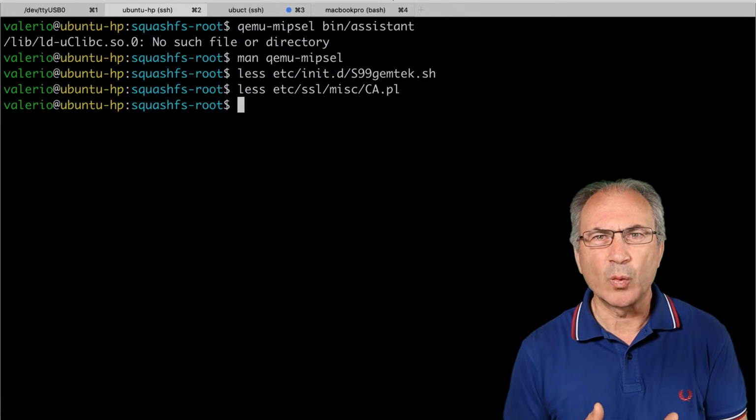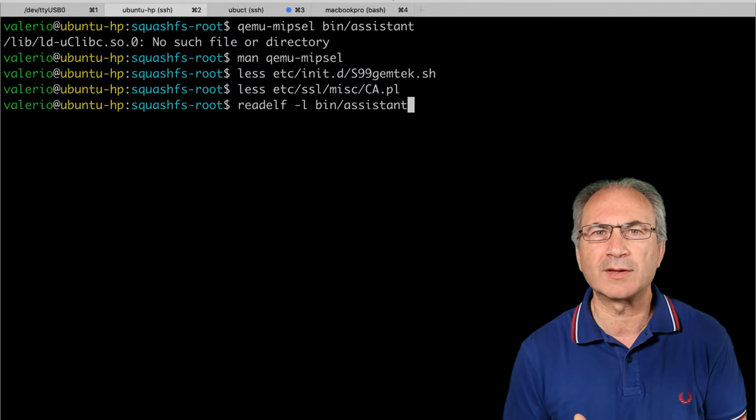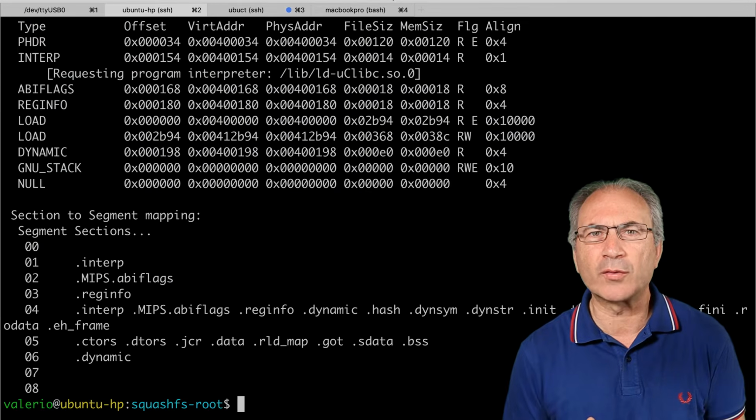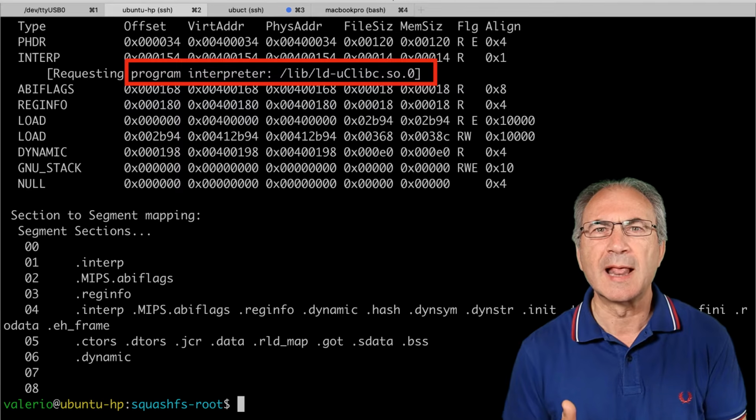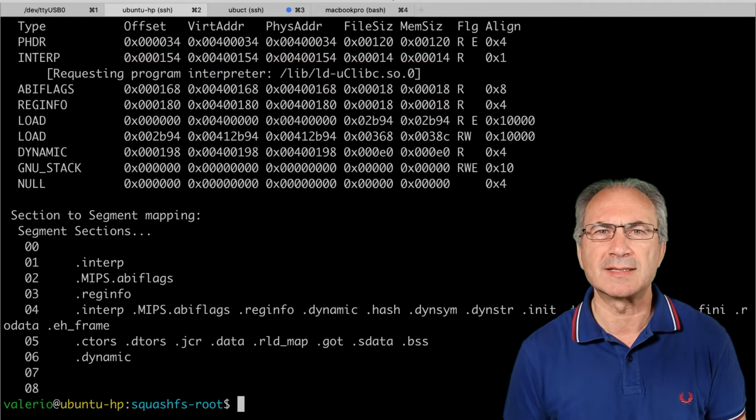By the way, we can look at the interpreter of an ELF file using the readelf command with the option -l to list only the ELF header, and we can confirm that it is musl libc for the bin assistant executable and for other executables of the same device.